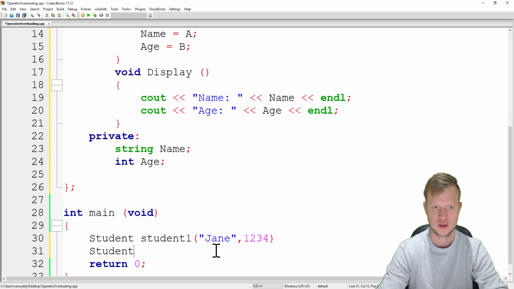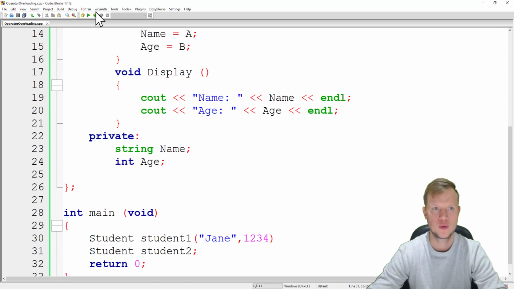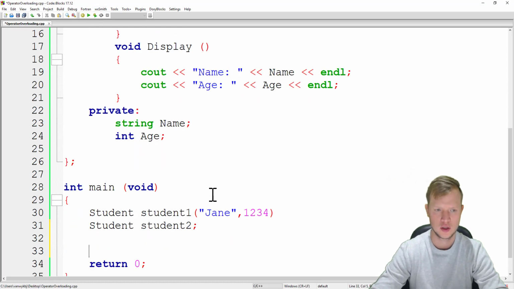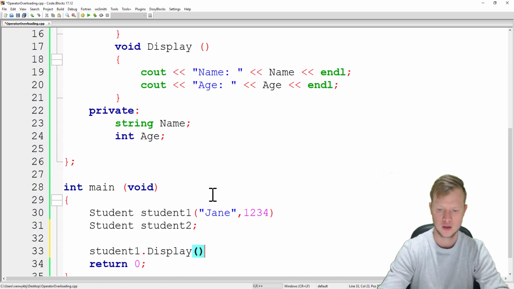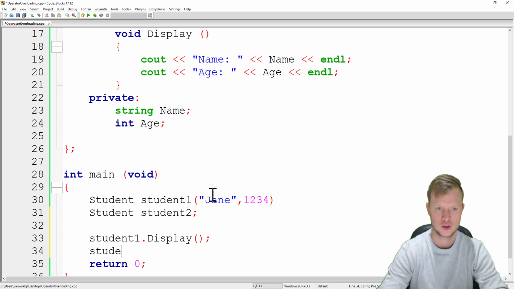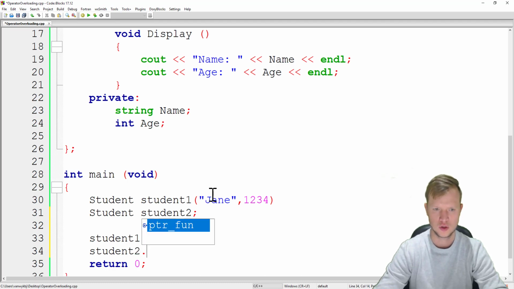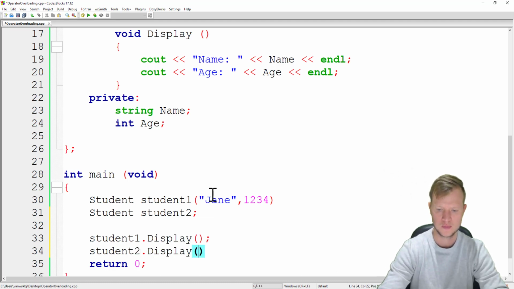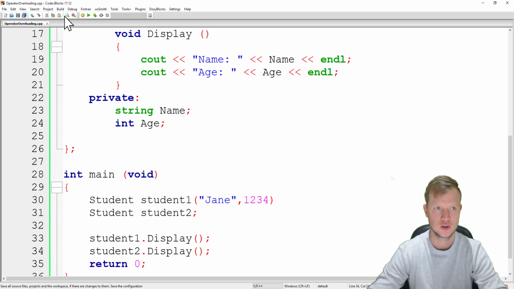I will create another student, student2, with no parameters. And then if we say student1.display and student2.display, we will see the